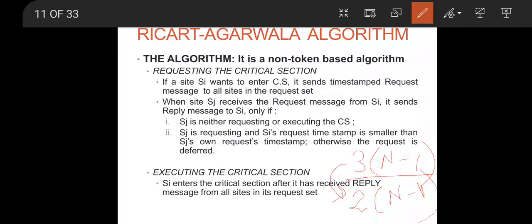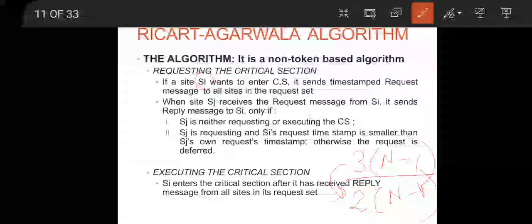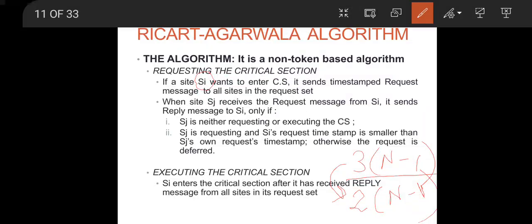Here also, if Si wants to enter the critical section, it will have to send the request message to all other sites. Any site Sj that receives the request message will send the reply message to Si, but before sending the reply, it checks two conditions. So the other site Sj will not send the reply message immediately if one criterion is if Sj is